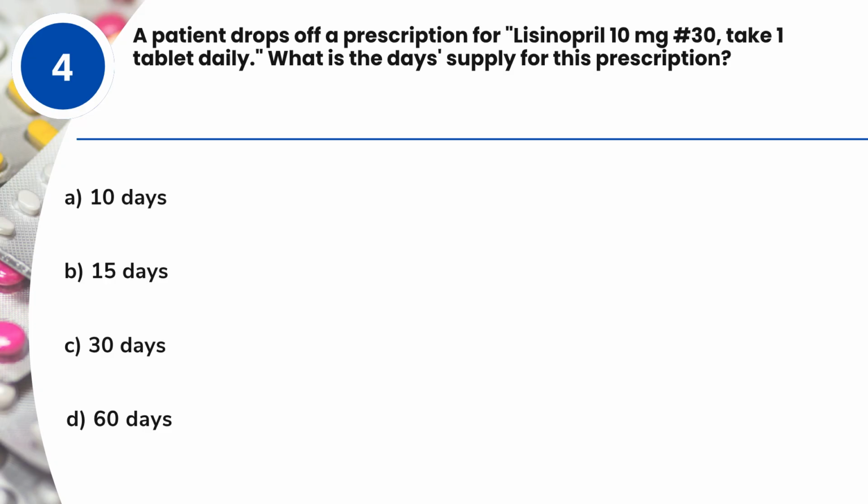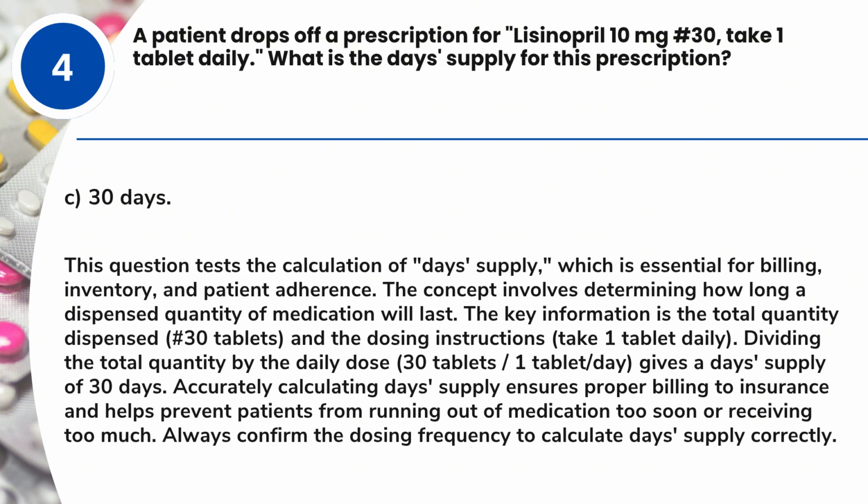Question 4. A patient drops off a prescription for lisinopril 10 mg number 30, take 1 tablet daily. What is the day's supply for this prescription? A. 10 days. B. 15 days. C. 30 days. D. 60 days. Answer: C. 30 days. This question tests the calculation of days' supply, which is essential for billing, inventory, and patient